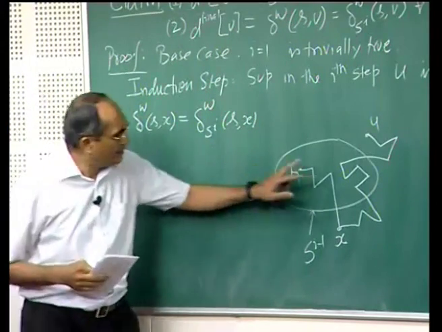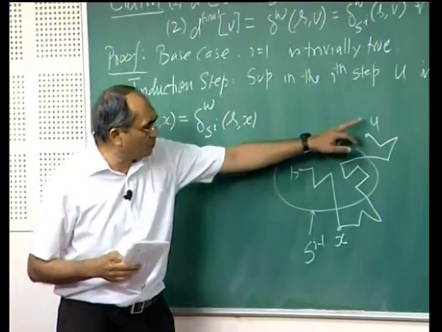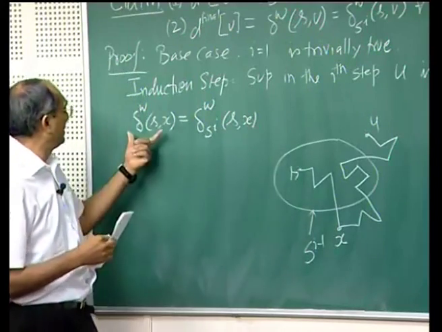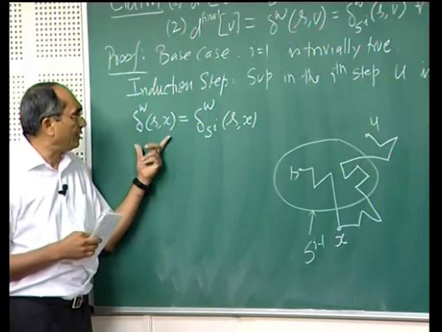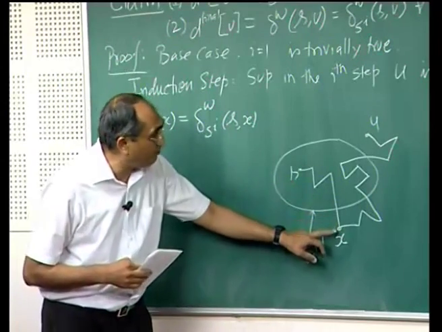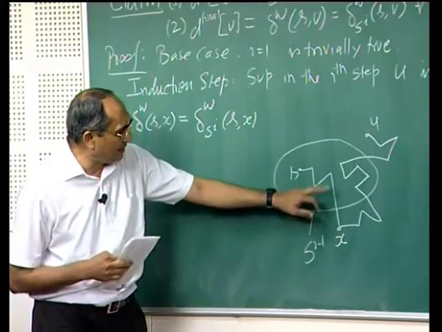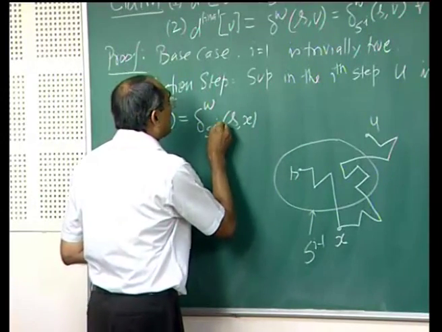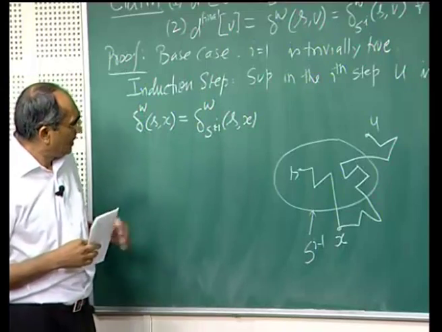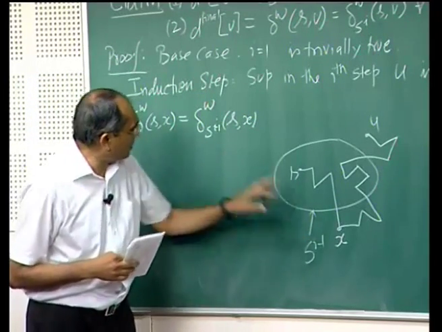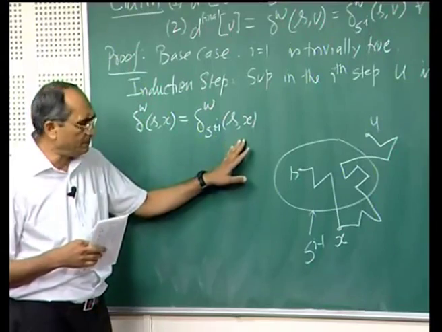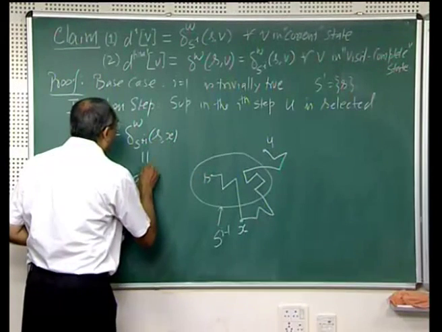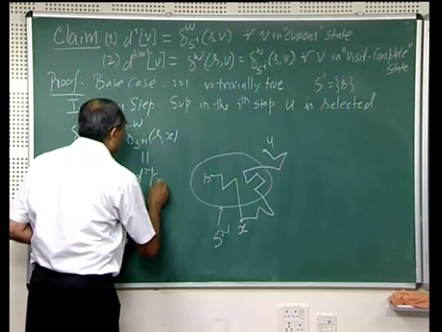The reason is, if this is the shortest path from S to U, then this has to be the shortest path from S to X. So the weight of this path is the absolute minimum weight. But this happens to be one of the PSI paths, because all vertices except S are inside S_{i-1}. So this qualifies for also this, they are equal. From the induction hypothesis, this is also d_{i-1}(x).